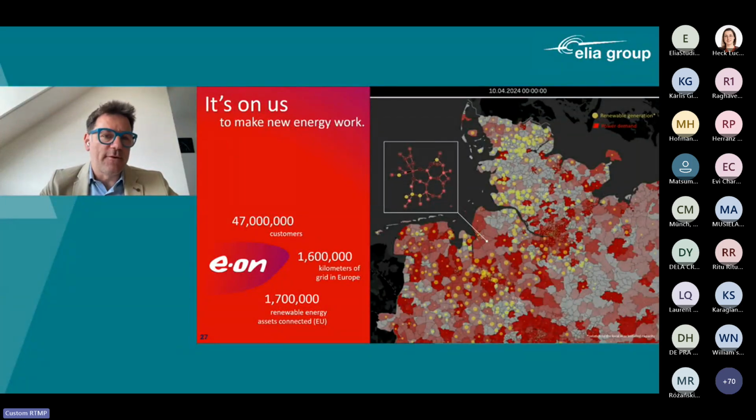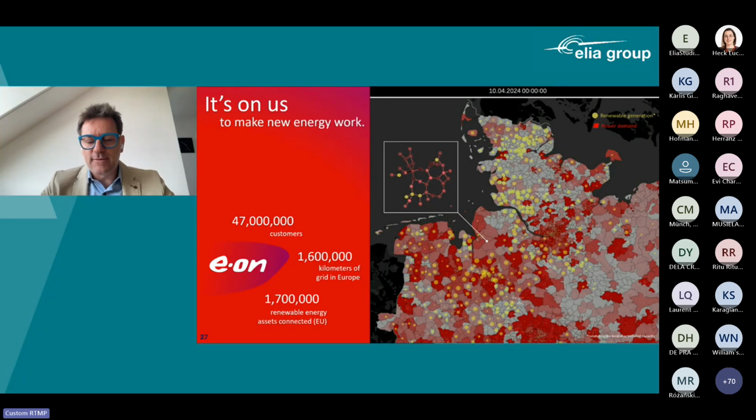Here you see in the small graph an example where you have in yellow some households equipped with PV, which can potentially feed into the grid and serve other consumers highlighted in red. And this, as I said, is happening already. It was a picture from last year.